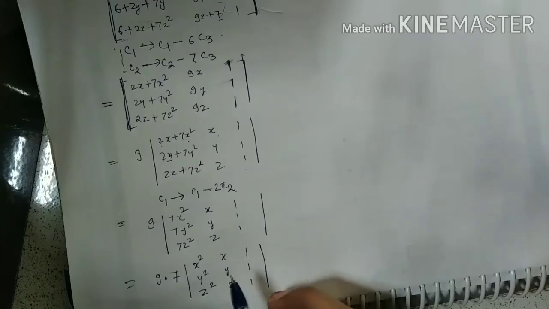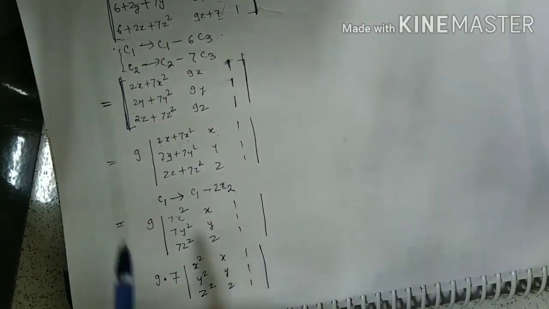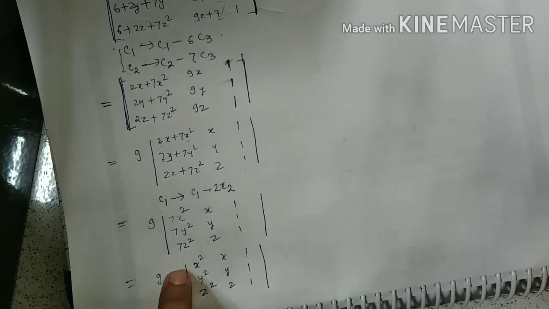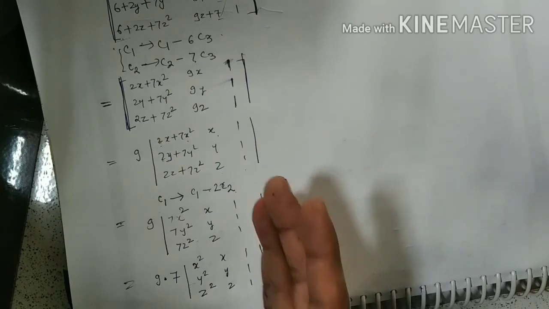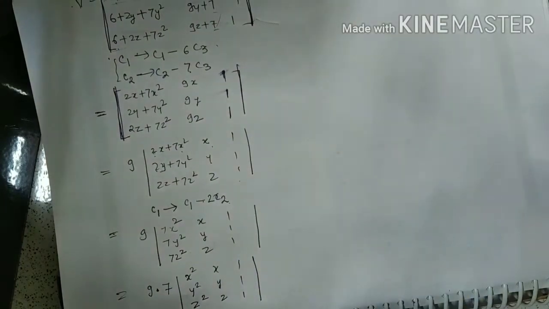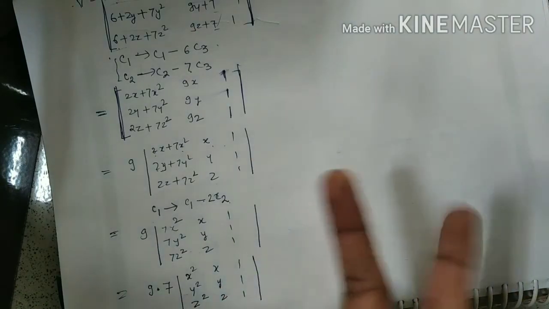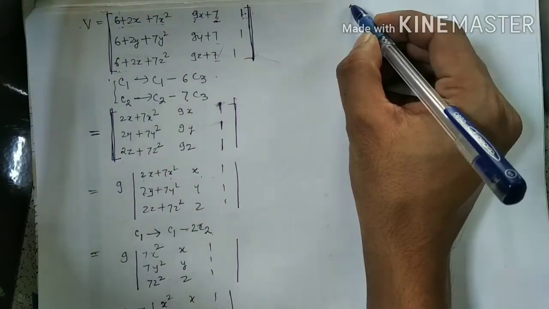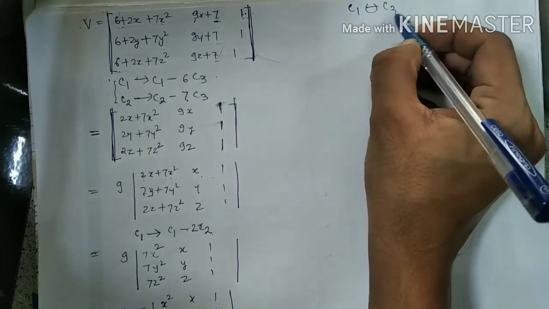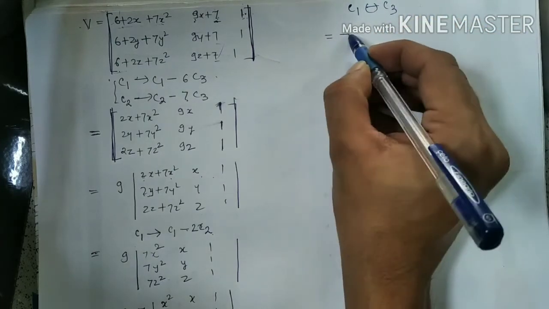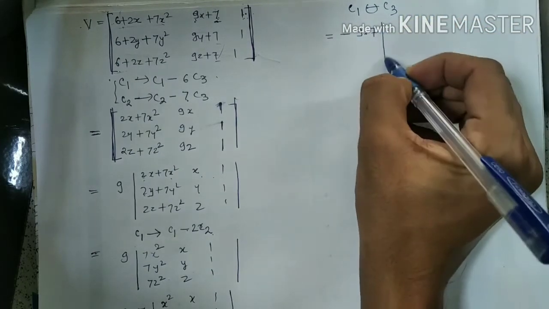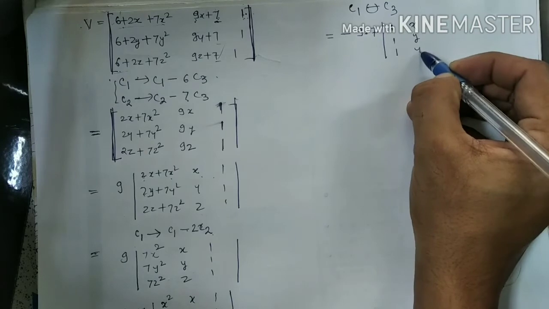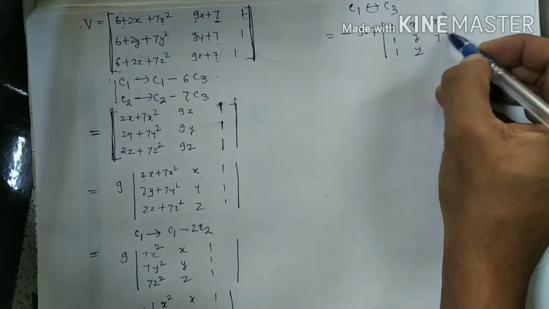Now see, in Vandermonde format, we have seen matrices with 1 first and then x square, but here 1 is in the third column whereas x square is in the first. So what we'll do is interchange the first and the third column. For that, the sign of the determinant is going to change. We have seen that when we interchange two rows or two columns, the determinant sign will change. So if I interchange the first and third column, my sign is going to change: minus 9 into 7. The first column will be 1, 1, 1, the middle column will be as it is, and the third column is going to be x square, y square, z square.